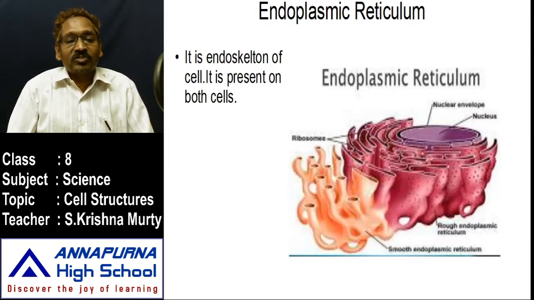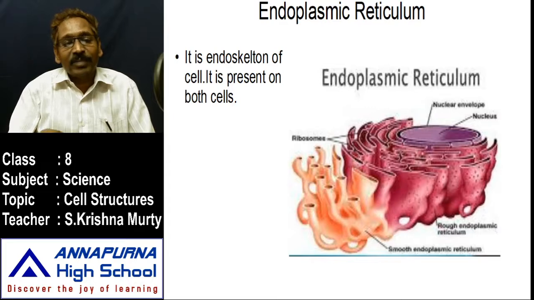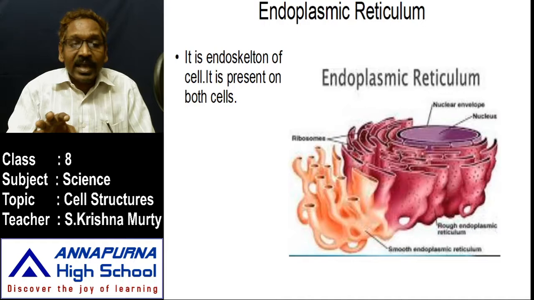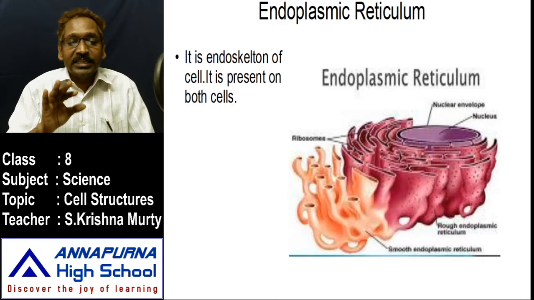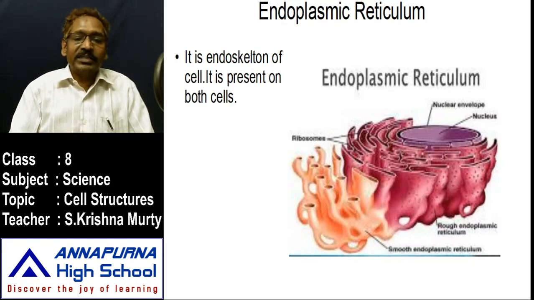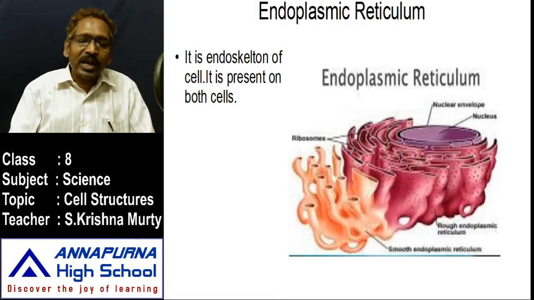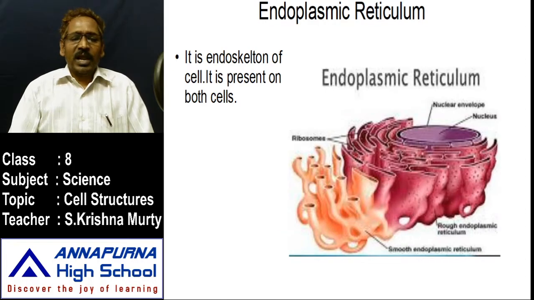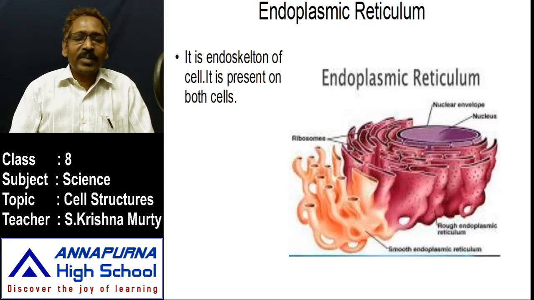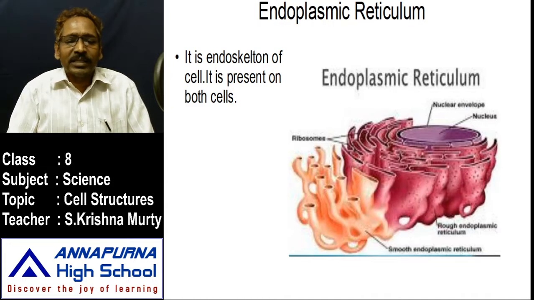Each and every cell also contains one membrane beneath the plasma membrane, which should be declared as an endoskeleton because it can also protect internal organs. It is covered all over the body like a network-like or framework-like structure. It seems to be one membrane beneath the plasma membrane. Actually it is not a membrane, it is an organelle, but it totally occupies the plant cell and animal cell. One end is connected with the plasma membrane and another end is connected with the nucleus.